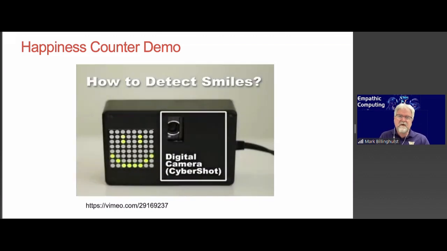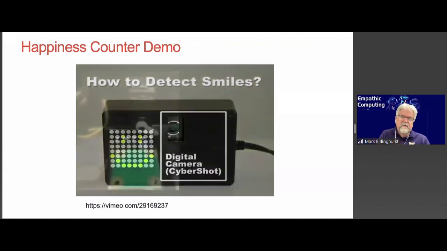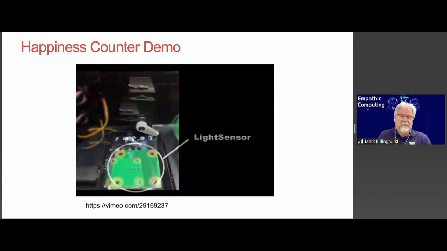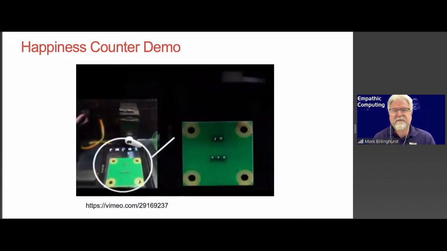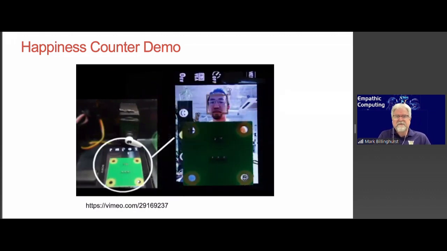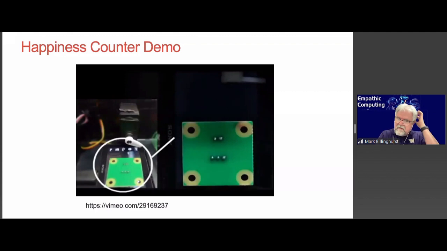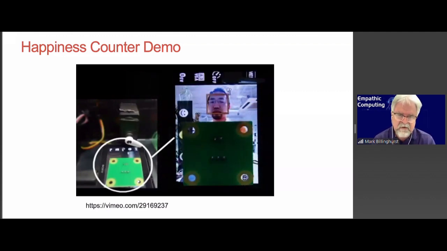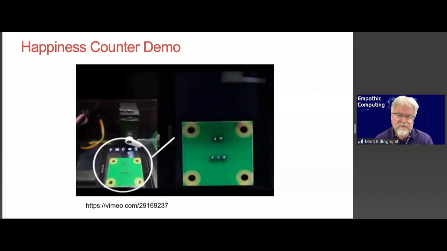And so the way that works is it uses a Sony Cyber-shot camera, and the camera has some hardware in it to automatically detect smiling or frowning, and then it lights up a certain icon on the back of the screen. So by putting a light sensor by that icon, you can then detect if the person's smiling or frowning. So you can see that working here. So it's a very simple way of building a system that will detect smiling or frowning. And then he used it in very interesting ways.